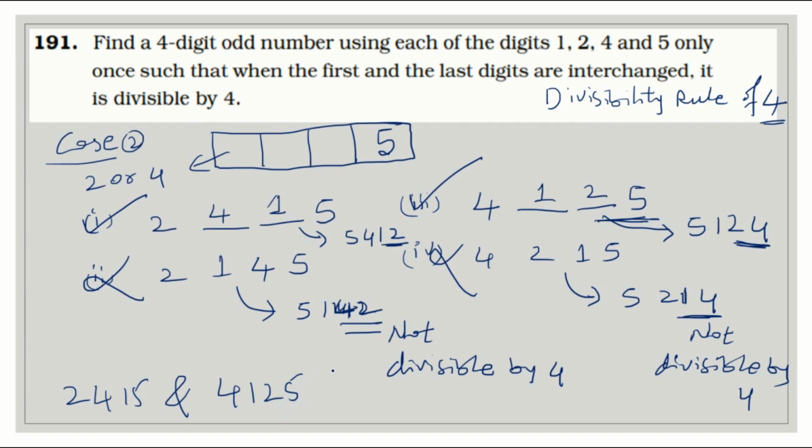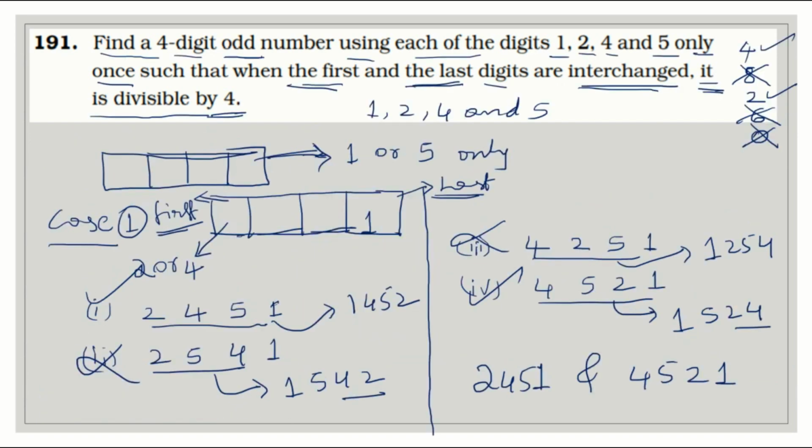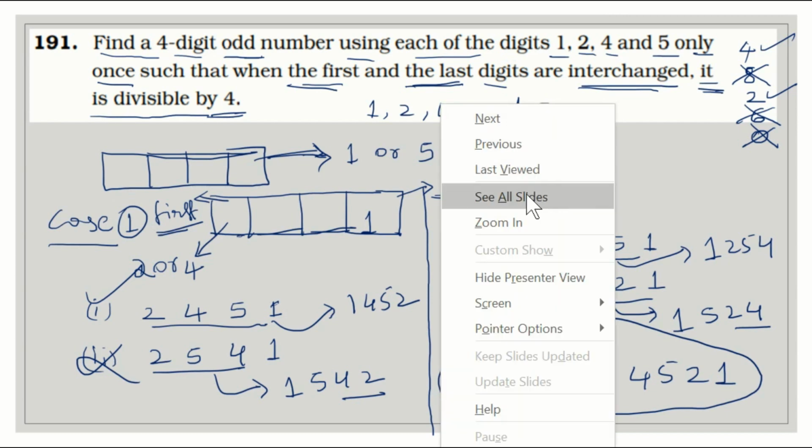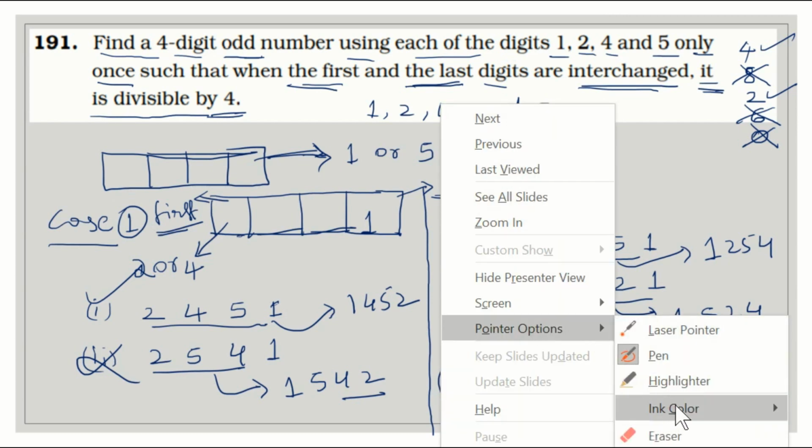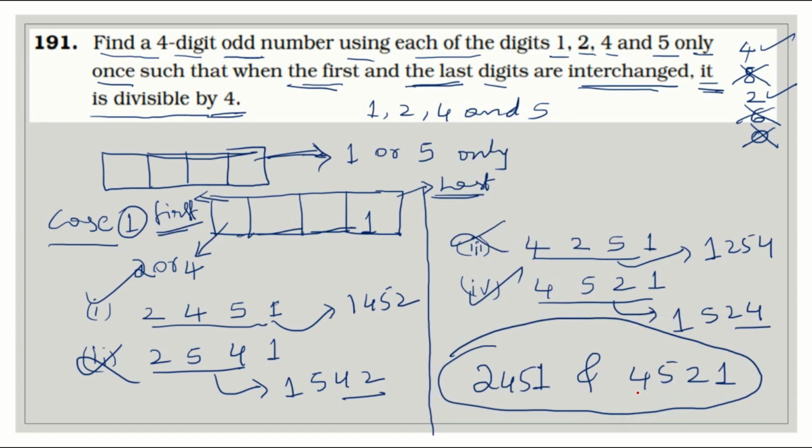But among these possible answers, he has given one and only one number as the right answer. What is that right answer he has given, means this number he has given. Now watch it.